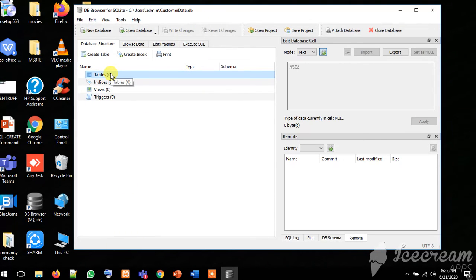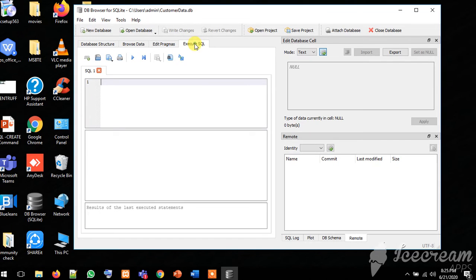So if you want to create any new table, just click on the execute command, write down create, then table, your table name, then customer ID, its data type, suppose I'm taking numeric, then customer name, and I'm taking data type as text.